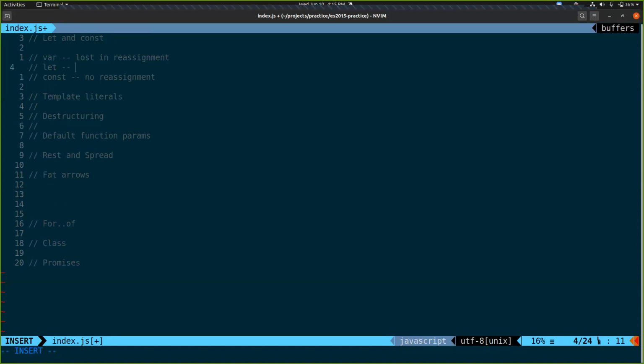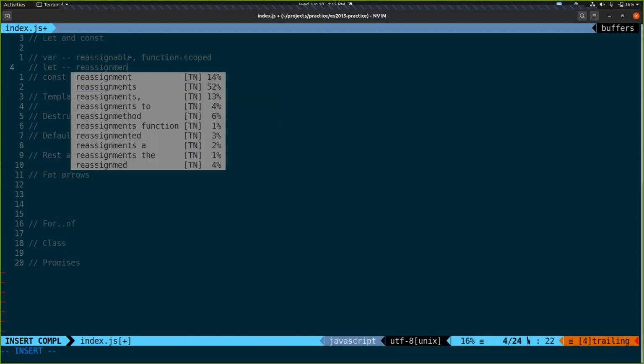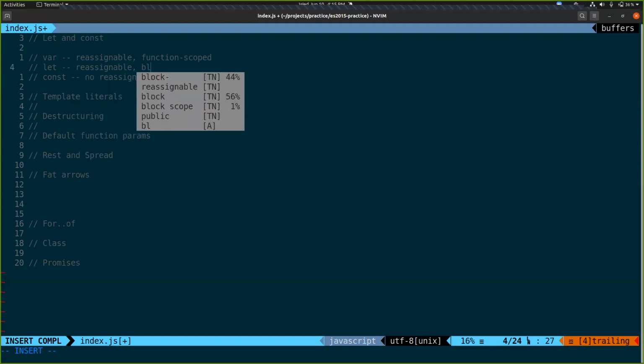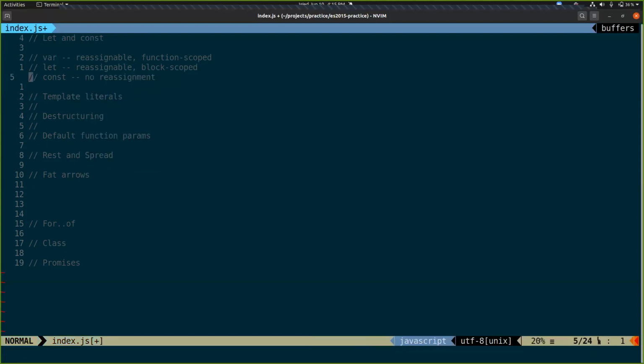Const also has this. var is reassignable and function scoped. Let is reassignable and block scoped. Const is no reassignment and is also block scoped.